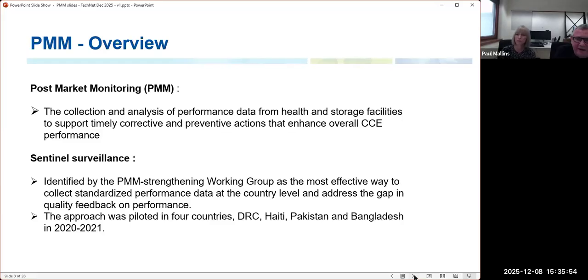We found in the pilot that we launched that sometimes in one country we only had 40 fridges that we were monitoring. In another country we had up to 150. But from that very small amount of equipment, we really got valuable feedback on performance and made a difference to the next generation of equipment.